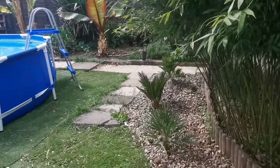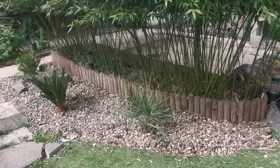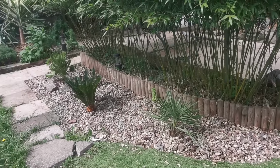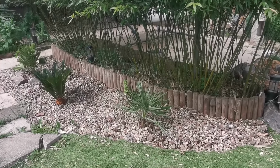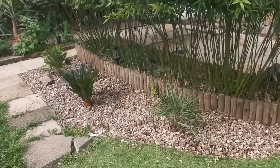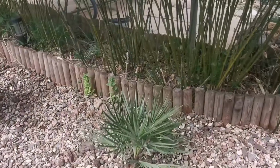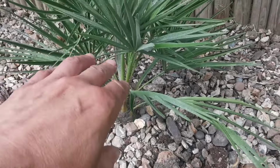Just coming off the back now, guys, you can see this is one of the new areas that you may have seen was in work before, but what we have done is to plant a couple of evergreens, if you will, in here, and start to plant. So if you've got any ideas what to put under this in this little bed here, let me know. You can just see we've added one of the inexpensive shamrock palms, which if you haven't seen that video, guys, this one's